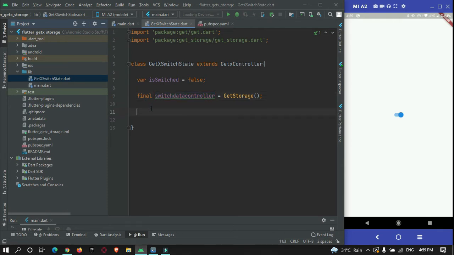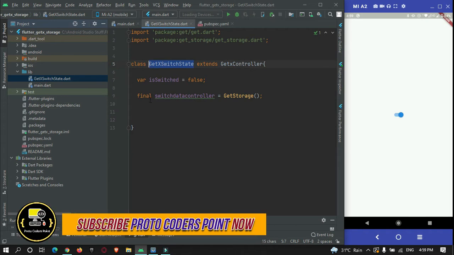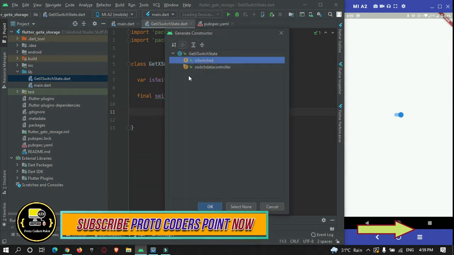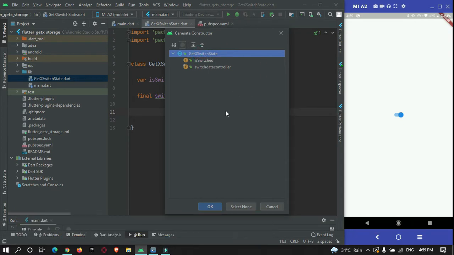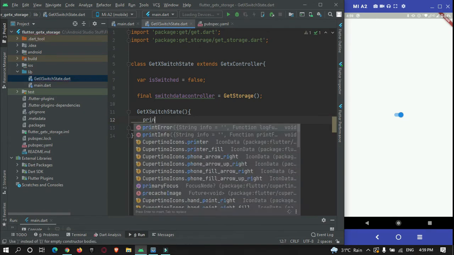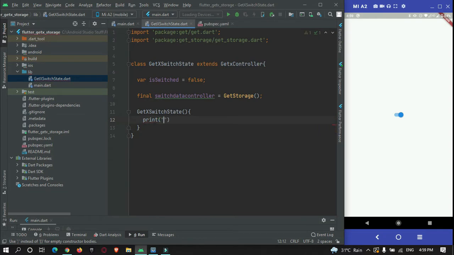Now we need a constructor for this. Just generate a non-parameterized constructor. To get rid of this warning, we will insert a print statement over here.